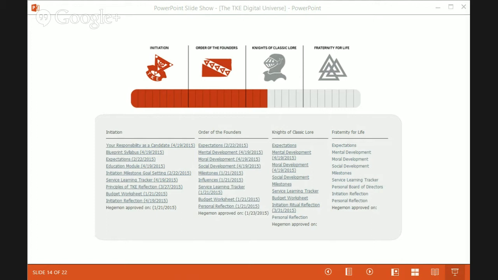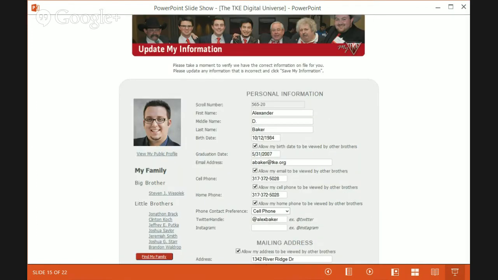So as we dive a bit deeper into MyTeak, let's go to our My Profile screen. One of the new innovations in the My Profile screen is the My Family section. This allows the fraternity to collect and track big and little brother relationship information on each member.